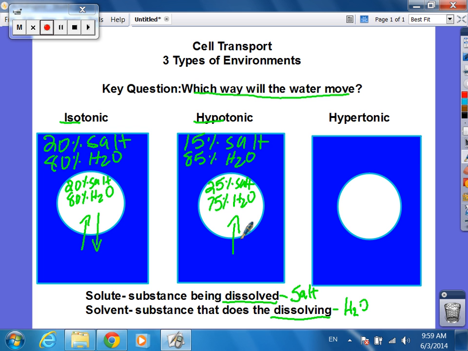The next one is hypertonic, which means more. You'll have more solute on the outside. So it's basically just opposite of hypo. You have 25% salt and 15% inside. And you can figure out your water values. 75% water, 85% water. Remember, water always moves from high to low, so water will be moving out of the cell at a greater rate than it moves